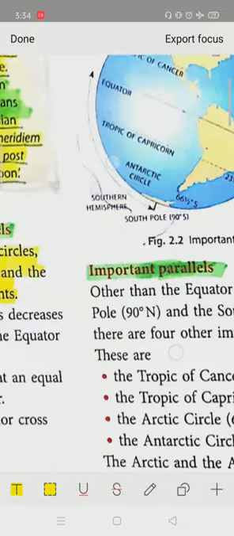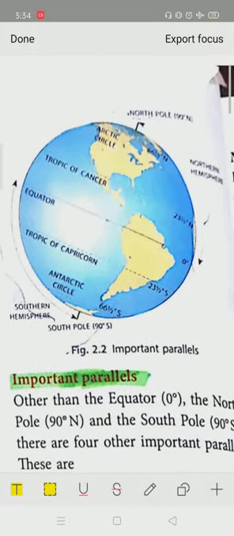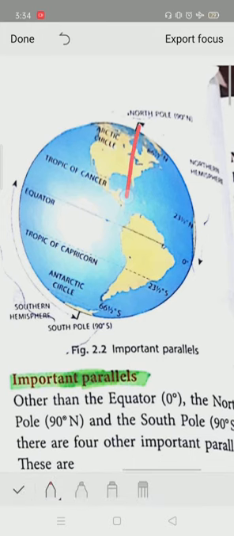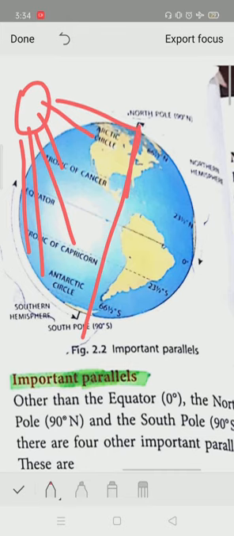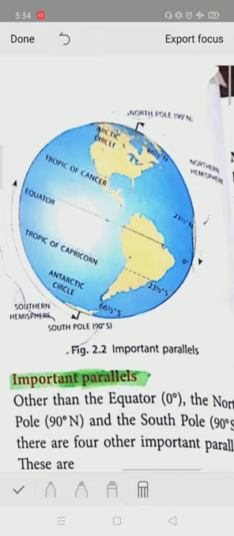Next, here you see this. Now the earth is tilted. Can you see? It's a tilt. The earth is tilted on its axis this way. So when the sun rays are falling, they don't reach equally on all the earth. The earth is not receiving the same amount of sunlight. The area which is exposed to the sun more will receive more sunlight, and the one which is far away from the sun will receive less sunlight.